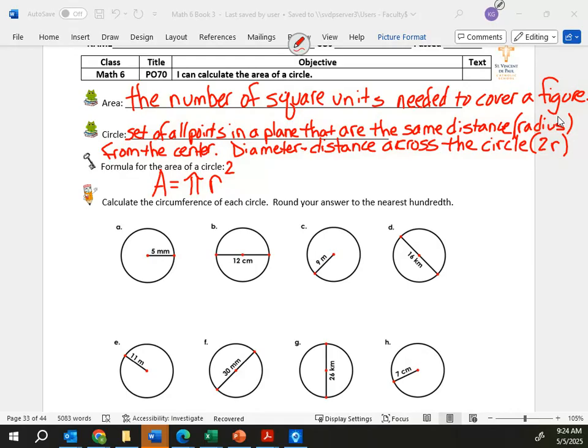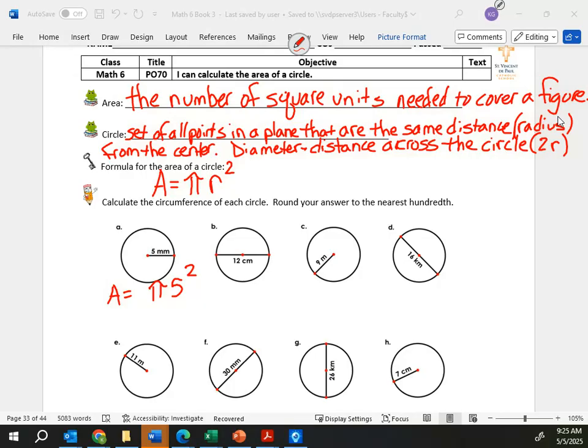So if we look down here at A, it says the radius is 5 centimeters. So our area would be pi times 5 squared. So remember on our calculator, that x squared button. So you would press pi times 5 and that squared button. So when we look at that